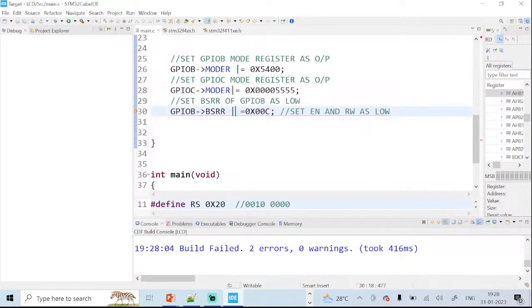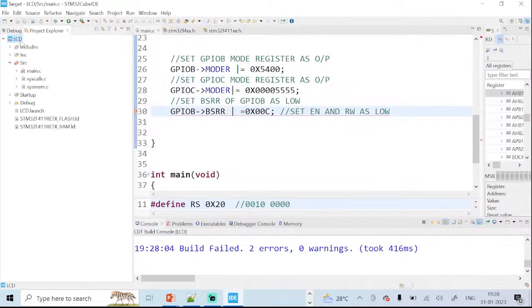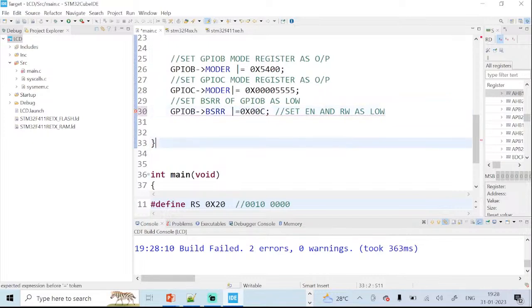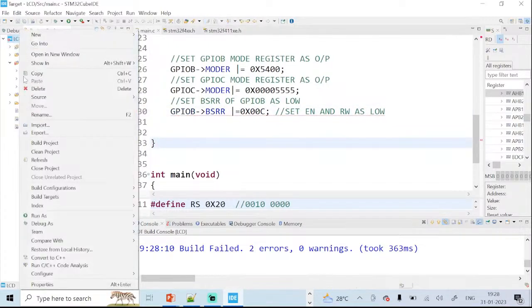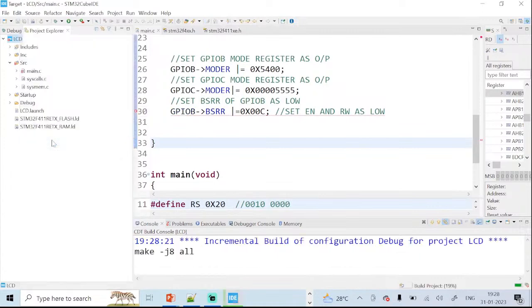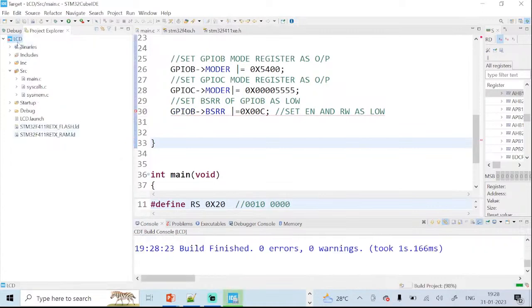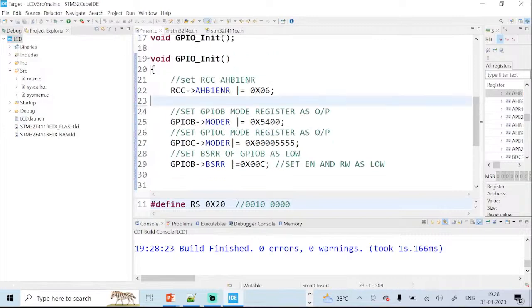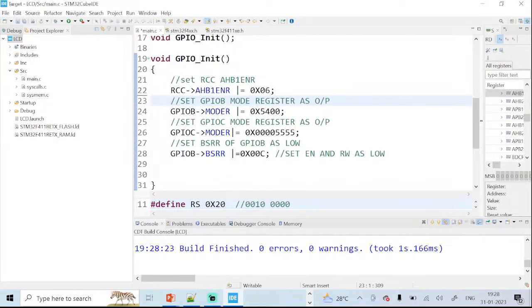Right click, build the project again. Okay. So we have configured the GPIO underscore init. The next is, let's